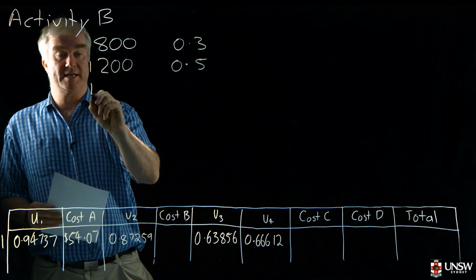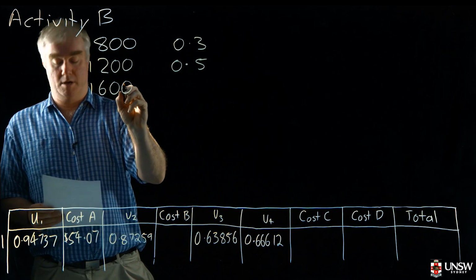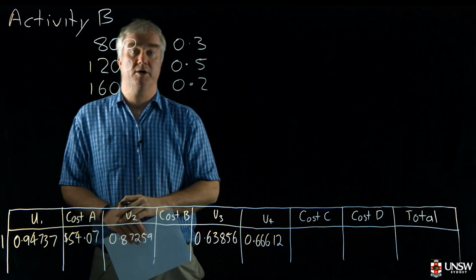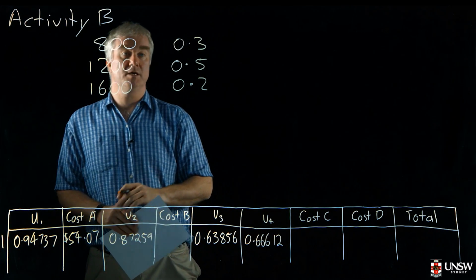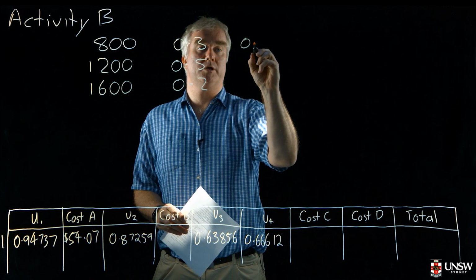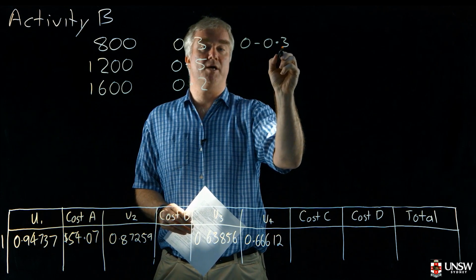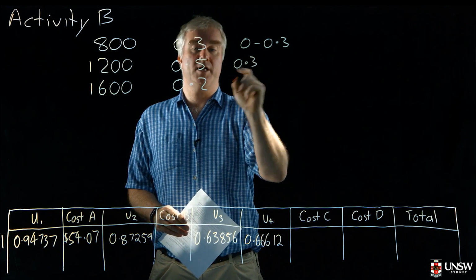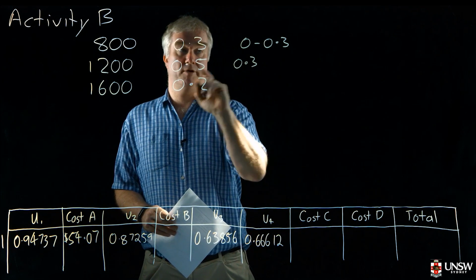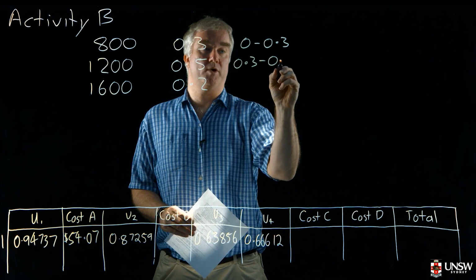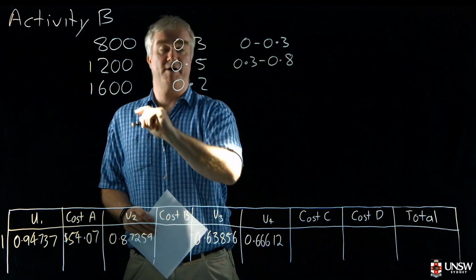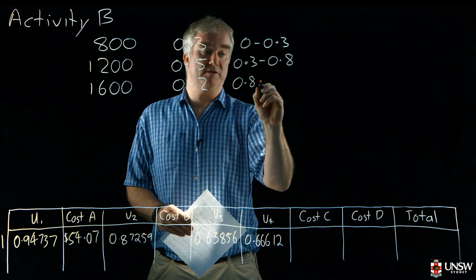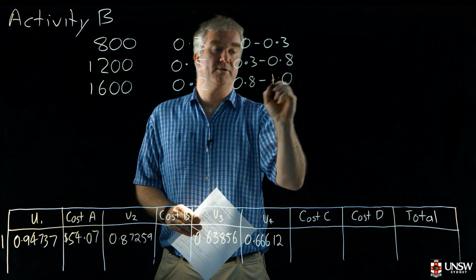And for $1,600, the probability is 0.2. So to create a lookup table out of this, we'll say 0 to 0.3 gives us 800, 0.3 plus 0.5, so to 0.8 gives us 1,200, and then 0.8 plus 0.2 gives us 1, to 1.0 gives